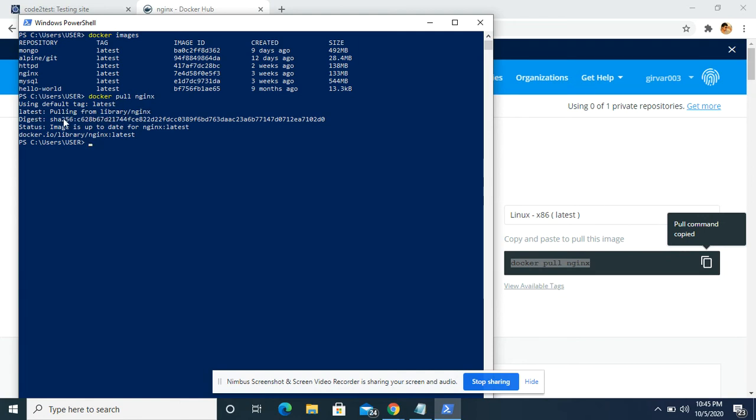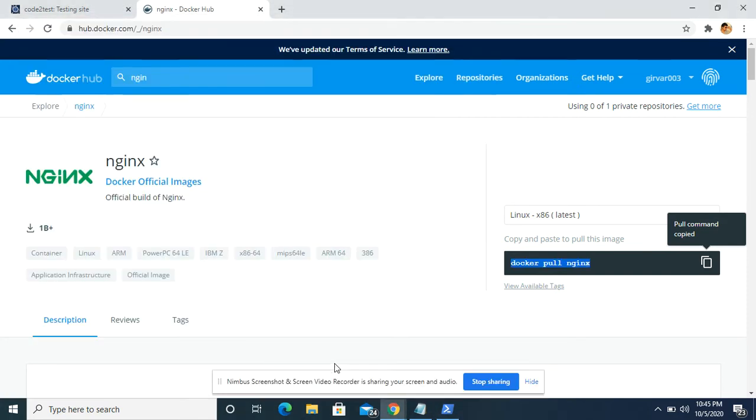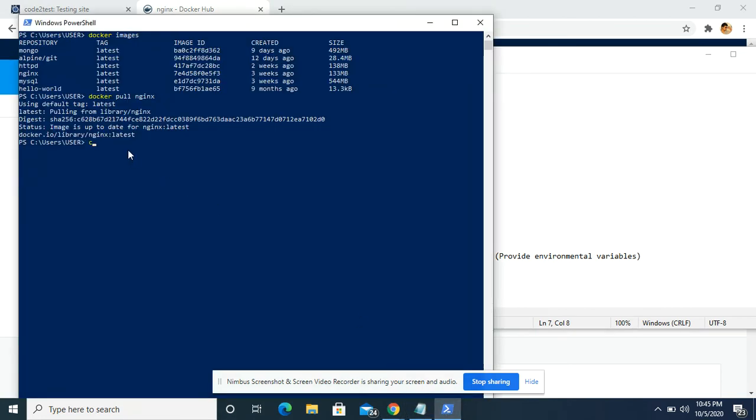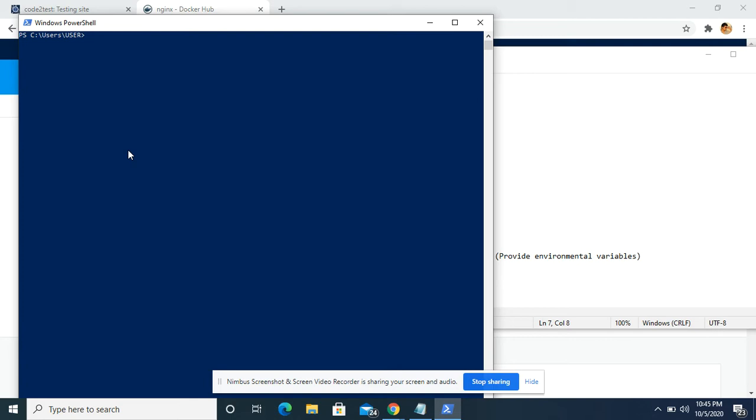So it has pulled Nginx. This is the command to pull any image from the Docker repository. Let's clear the shell.